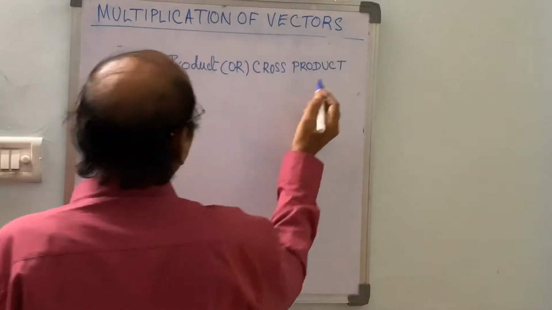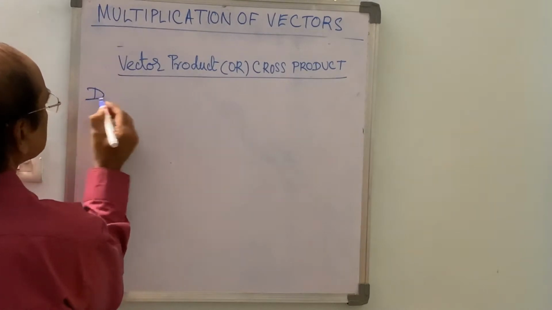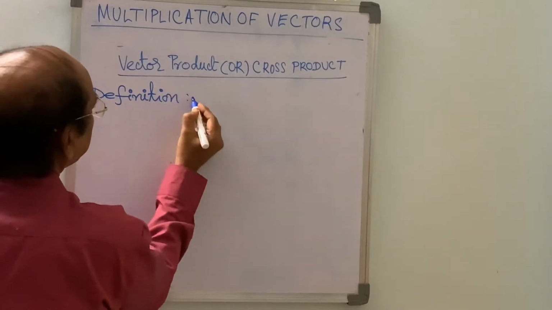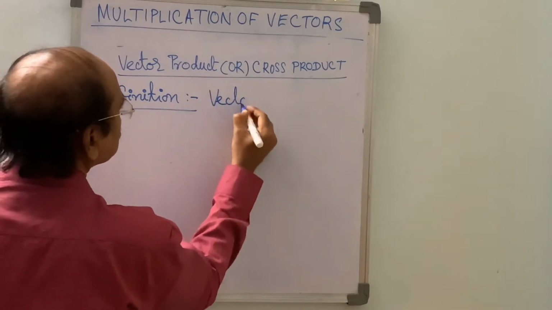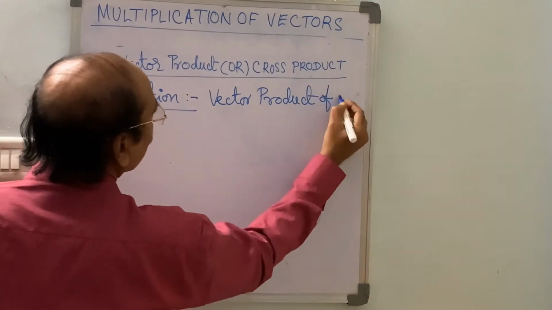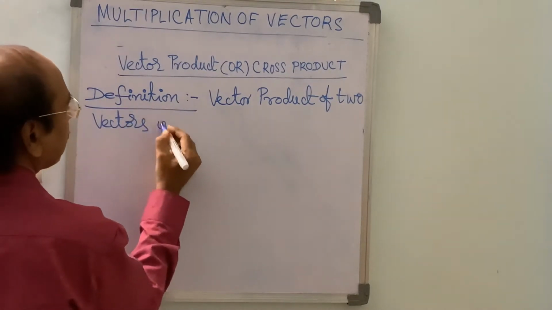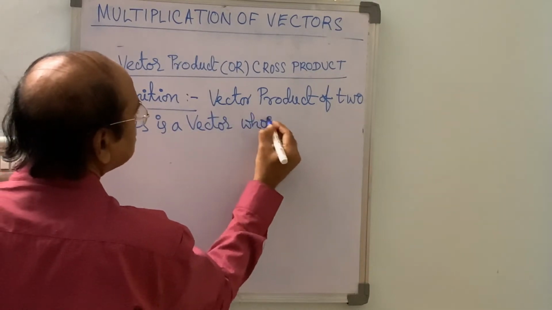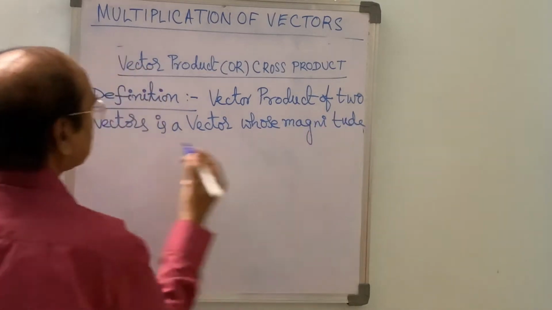So if A bar and B bar are two vectors, first we define the vector product of two vectors as a vector whose magnitude is equal to the